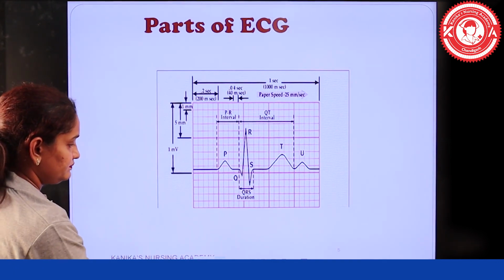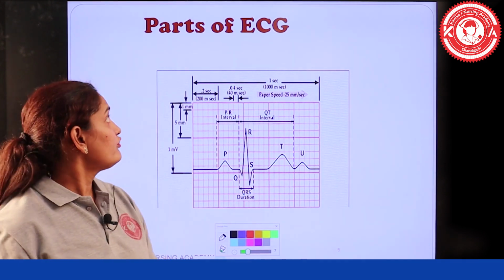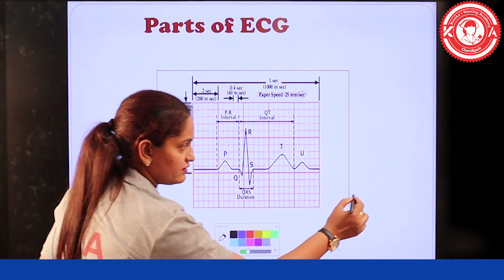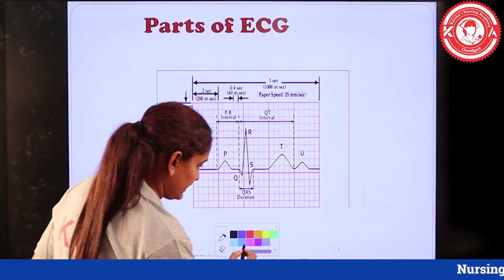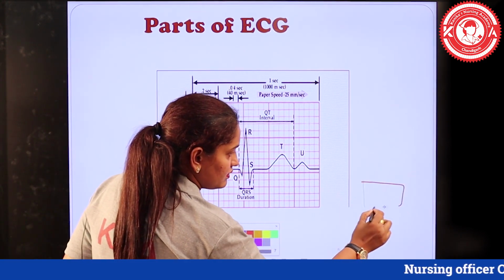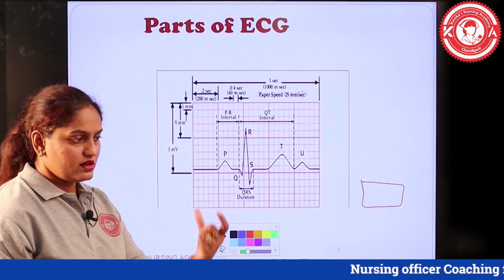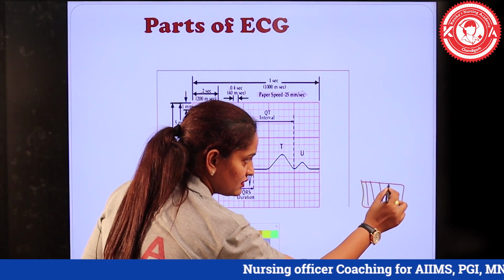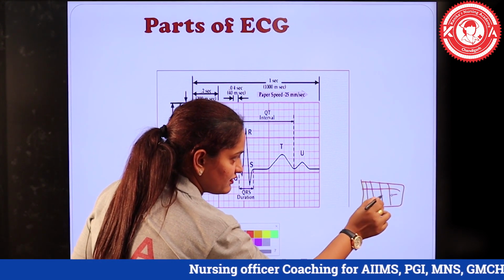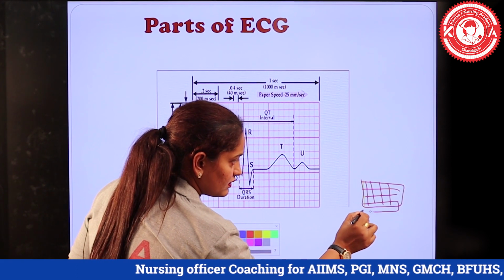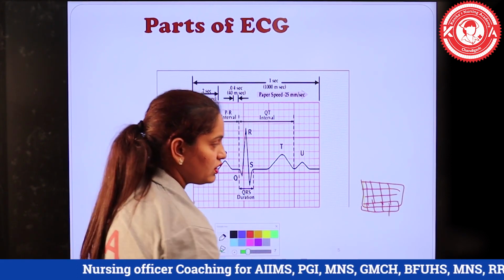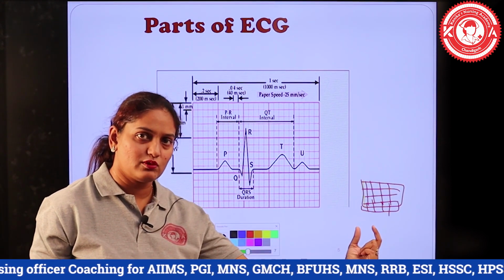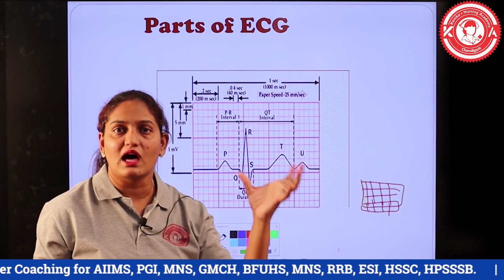Next comes the breakdown of ECG, the parts of ECG. All of us know that there is an ECG strip which contains boxes. There are large boxes, and in between those large boxes there are small boxes as well. So if I just tell you that 5 horizontal and 5 vertical small boxes lie in a large box,